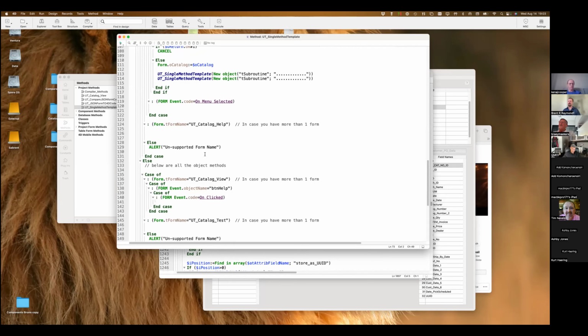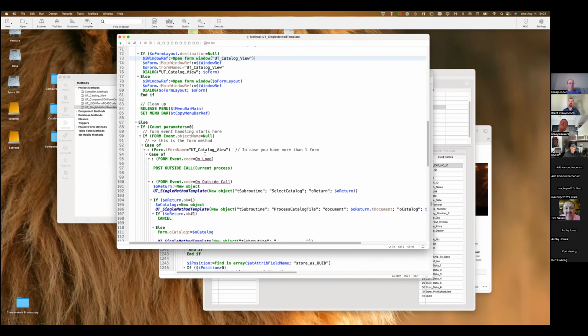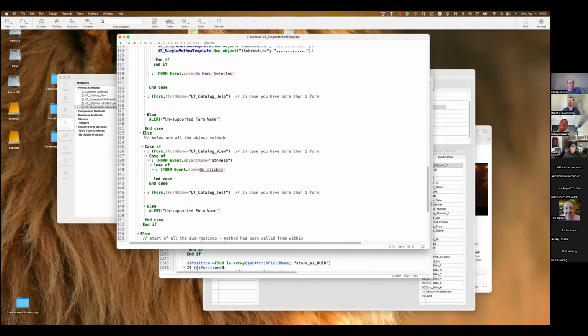Now, if I do have an object name in the form event, then I come in the else part of this, and then I have all my object methods. All these object methods, if you look into the form, refer to this method. They're all doing the same thing. It's just a call to this method.